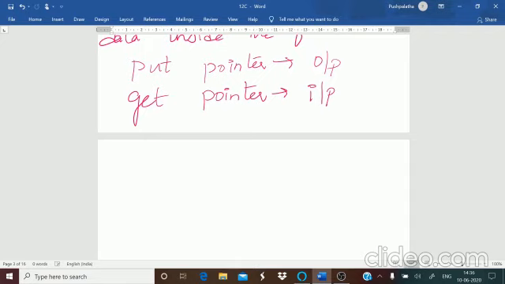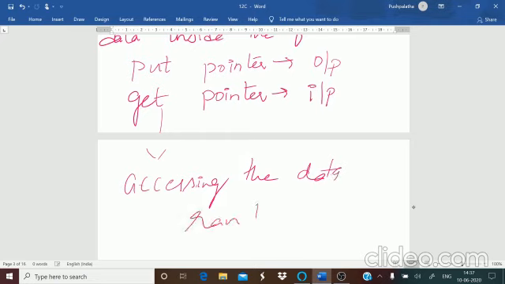It will move directly to whichever position you want, instead of moving from the beginning to the point where you want. So put and get help in accessing the data randomly.